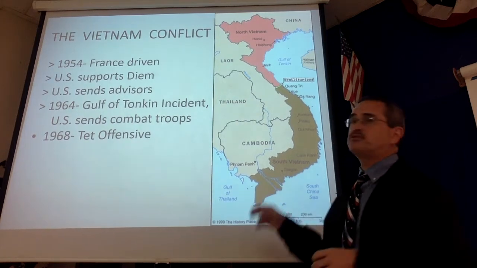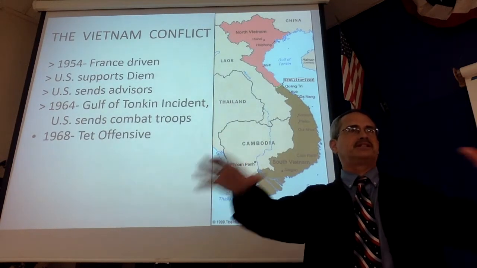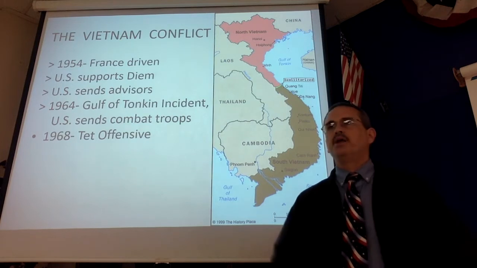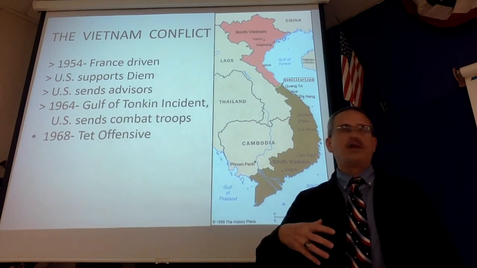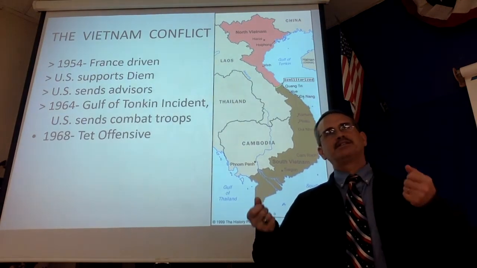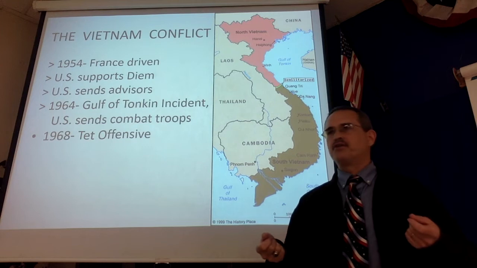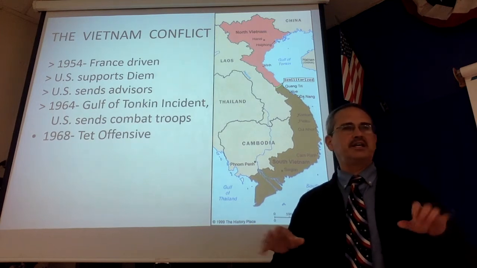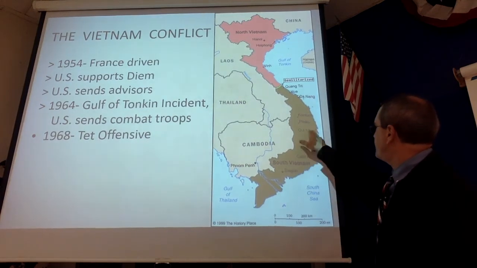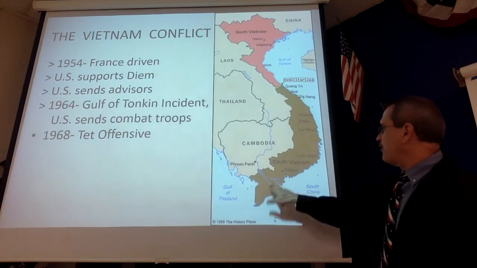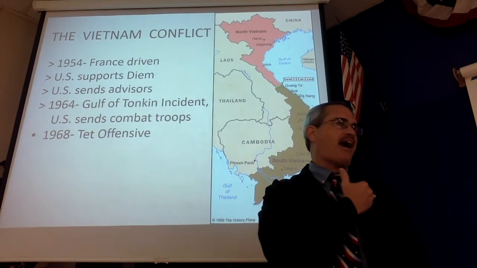This is their big celebration. And what they expect is from the countryside, farmers will come into town with their little baskets full of food, and they'll share them with their families in town, and they'll have large celebrations. So in the days leading up to Tet, crowds are coming to the cities. And those crowds include little farmers with their baskets of food and little farmers with their baskets of guns, ammo, and grenades, because they are the Viet Cong, because they are blending in and they are sneaking into the cities. And what ends up happening on New Year's Day is suddenly every one of these cities along from north to south, all the way down to the capital in Saigon, suddenly erupts in violence